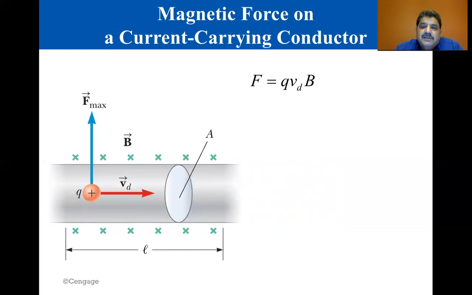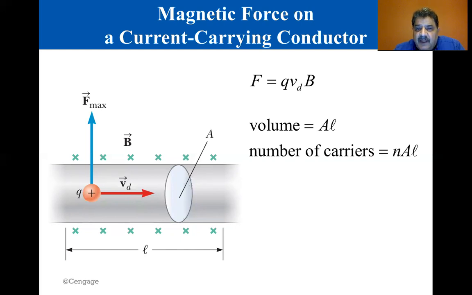So force is equal to qv_dB. To find the total force on the wire, we multiply the force on one charge carrier by the number of carriers in the segment. Because the volume of the segment is AL, the number of carriers is nAL,